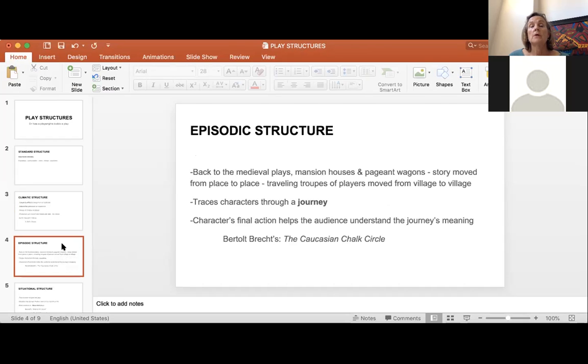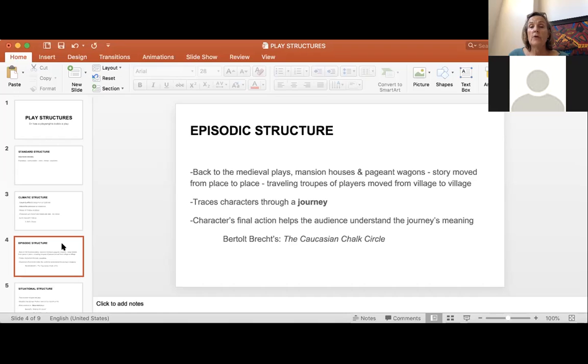Episodic structure. And this goes back to our medieval plays. Remember, we talked about the mansion houses and the pageant wagons. So the story moved from place to place, heaven on one side, hell on the other. The players went from one location to the next to tell the story. They physically went from village to village, but they also went from one mansion house to the next mansion house, to the next mansion house. So if they start in heaven and they go from one place to the next place to the next place,